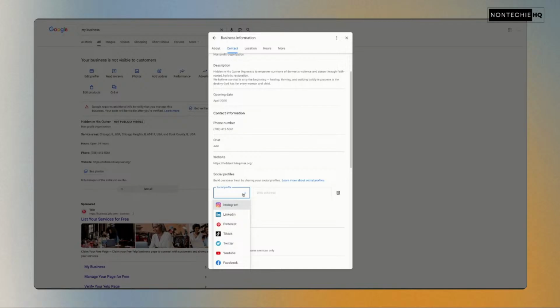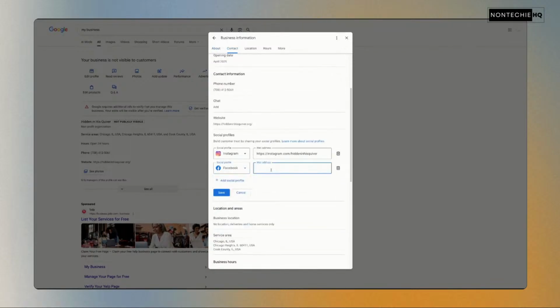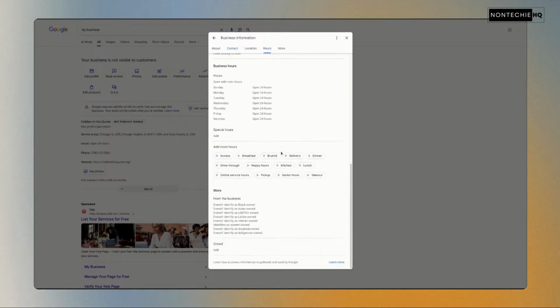This is another reason why branding is so important, because I know these URLs by the back of my hand. And it makes it very easy to just copy and paste it over to a new format because it's the same handle. So I could put in all of these social profiles, which will also show up on our Google business page, which connects our social to our Google. That is another way that we can connect with our visitors and our potential customers through social media if they are there, but they have not connected to us.